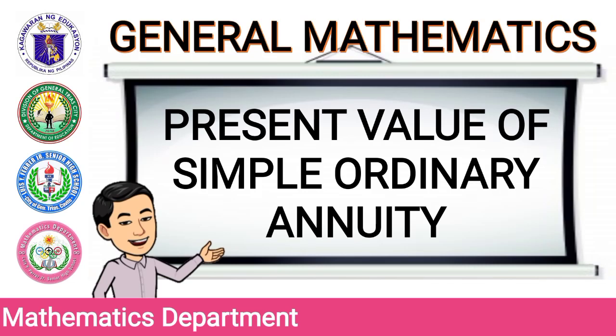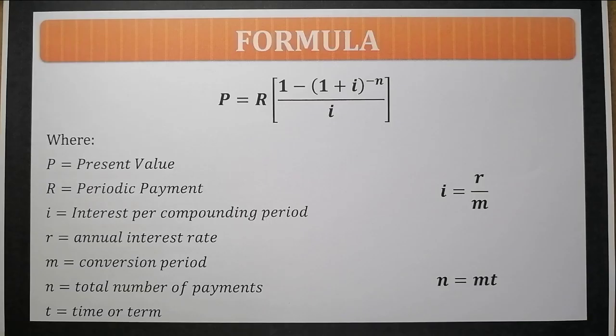Sa video lesson na ito ay tuturuan ko naman kayo kung paano kuhanin ang present value ng simple ordinary annuity. Ang formula na gagamitin natin ay P is equal to R times 1 minus the quantity of 1 plus I raised to negative n over I, na kung saan ang P ay ang ating present value, ang R ay ang ating periodic payment, ang I naman ay ang ating interest per compounding period na ang kanyang formula ay I is